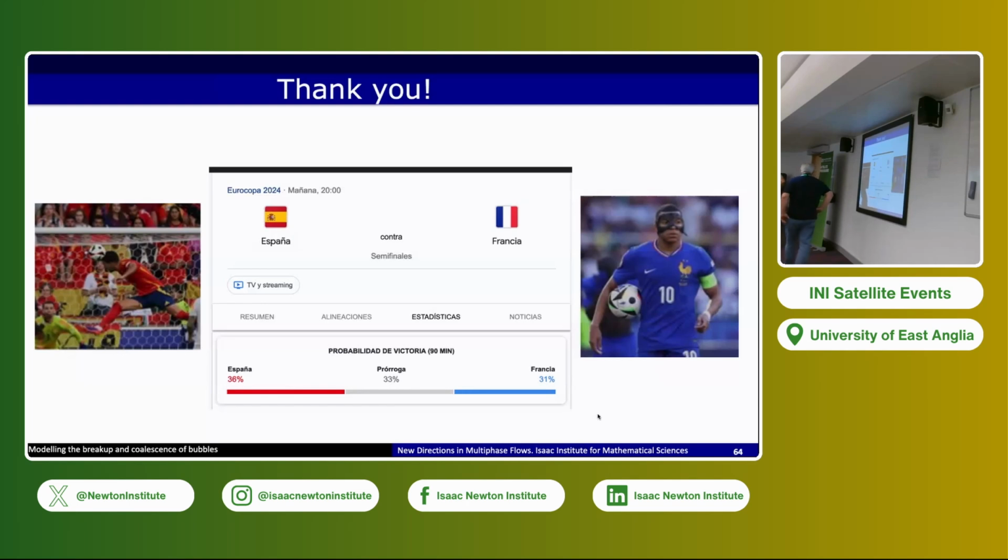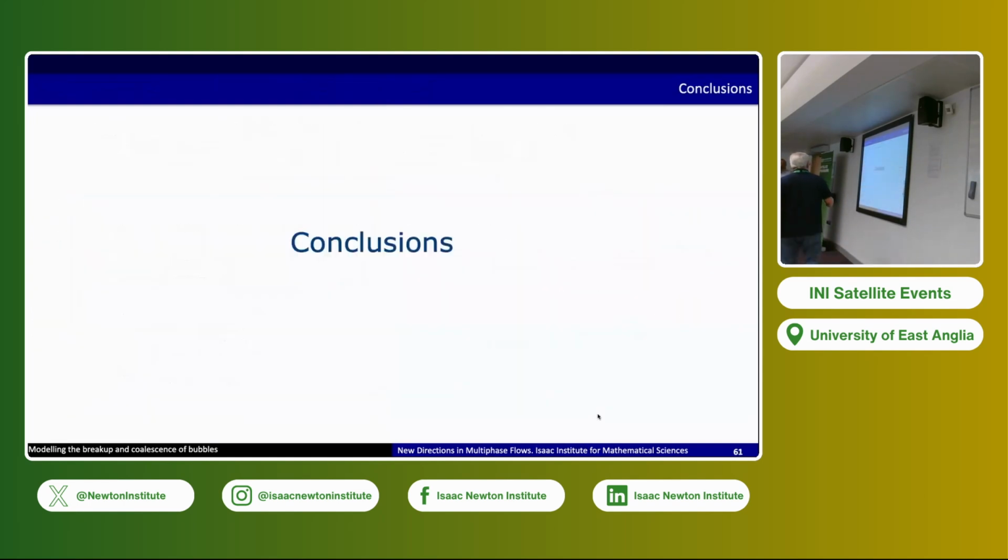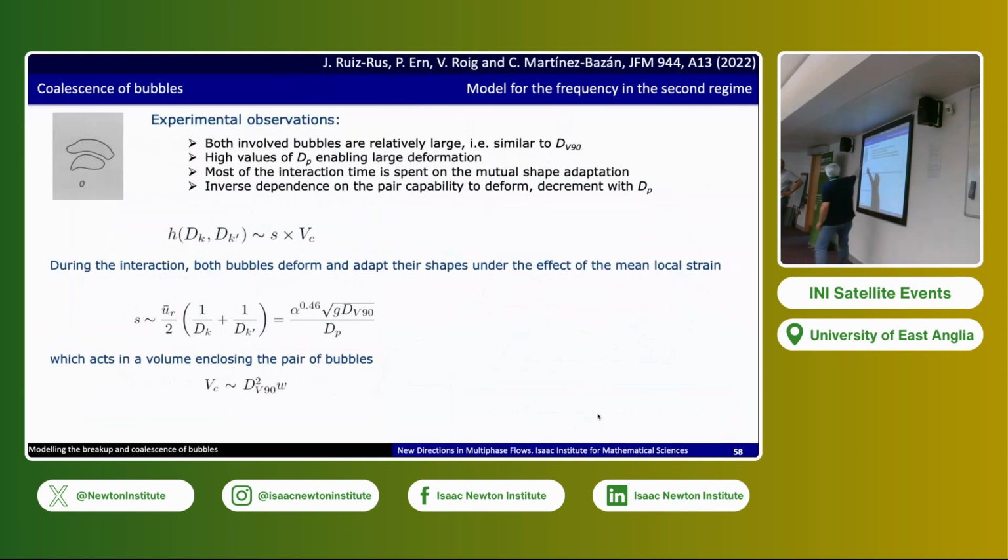Yeah, I mean, yes, you are right. There's a thin liquid film that has to be drained, but we started trying to model all of this, but we wanted to have something simpler, a theoretical model able to describe that and to be able to go to the population balance equation. And in this thickness, this liquid, now we can do it for some cases. We have the data. So we have good resolution.